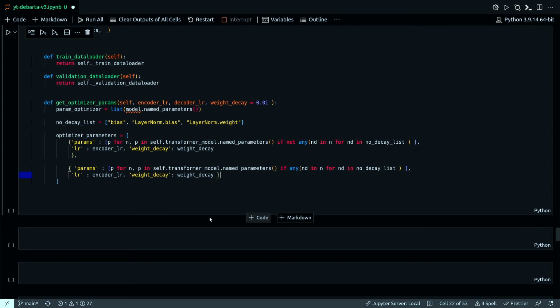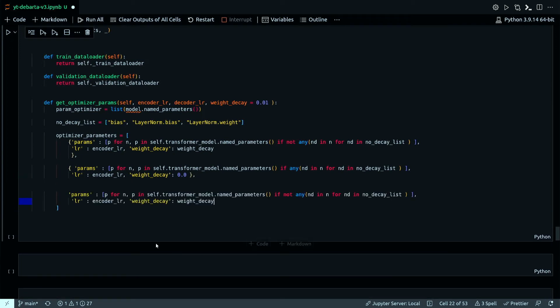And in this case, the learning rate is encoder LR, weight decay is 0. Okay, and finally copy and paste again and change a few things here. for n, p, this one will be self.named_parameters.